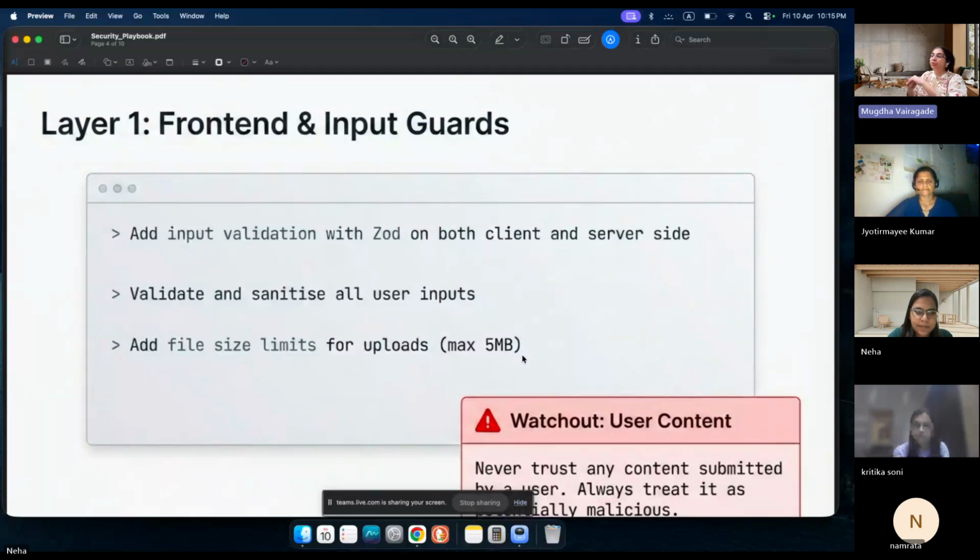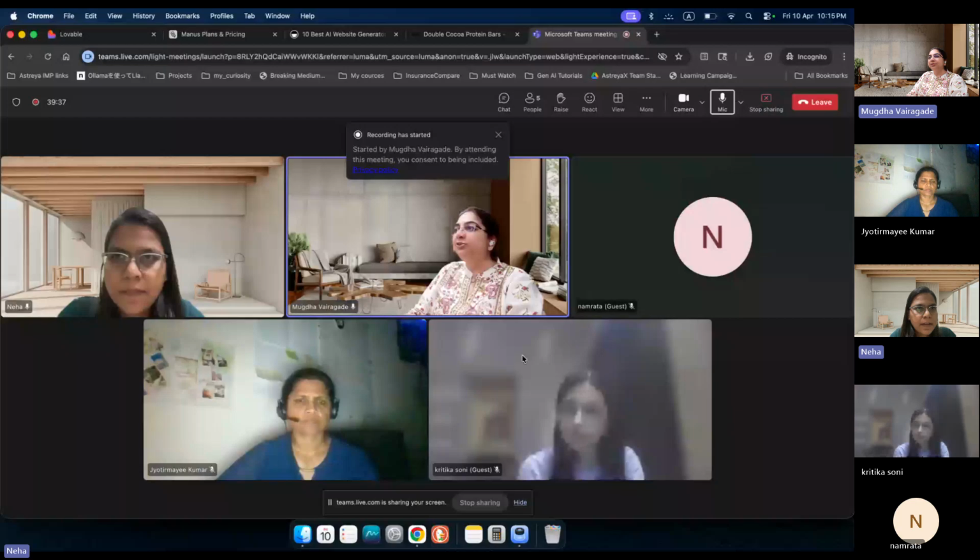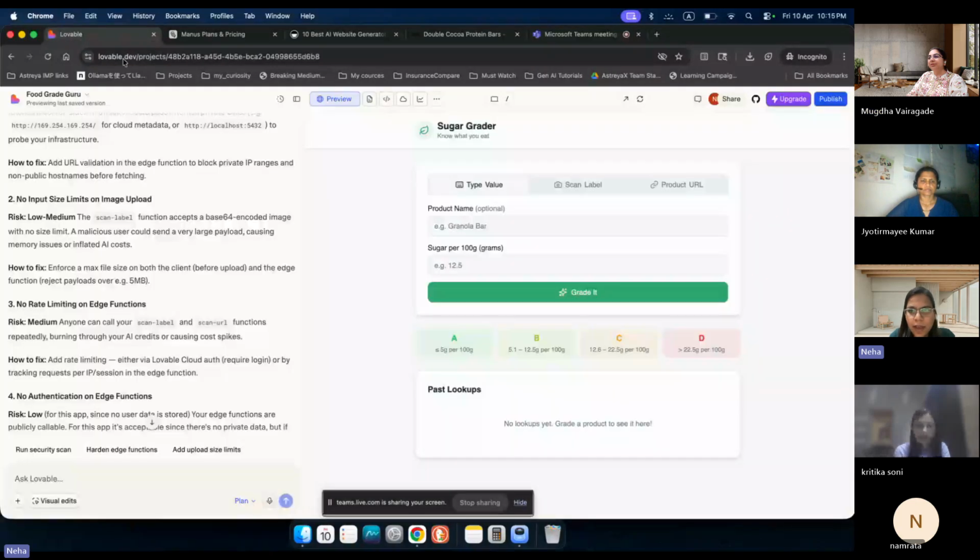If you can show us some piece of code where this is done, can we, for example, go into Lovable and use this library? Let's see. So I have this app. This is something very simple and basic I just developed. What we have here is sugar gradings. Indian products don't come with these ABCD ratings for content of sugar. So I just enter the name of the product and the sugar content, and it gives me the ABCD